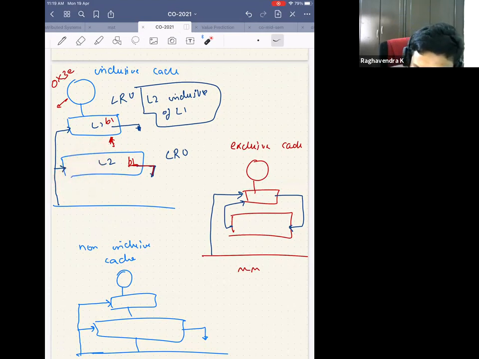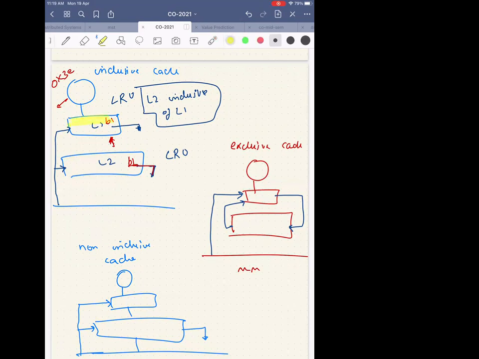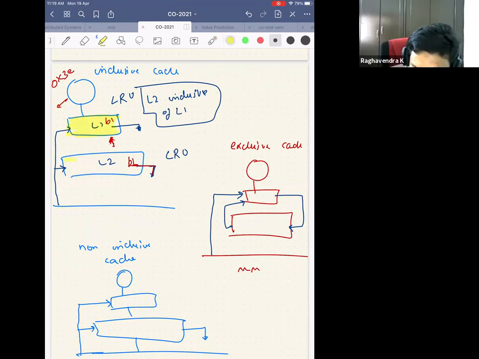Yes. So you are visualizing something like this. You are saying that L1 is fully full, L2 is only half filled up. So there is some empty space here, and you want to keep that block in L2. Why keep it in L1? Because there is a collision. But that case does not exist because there is nothing called half full in a cache.